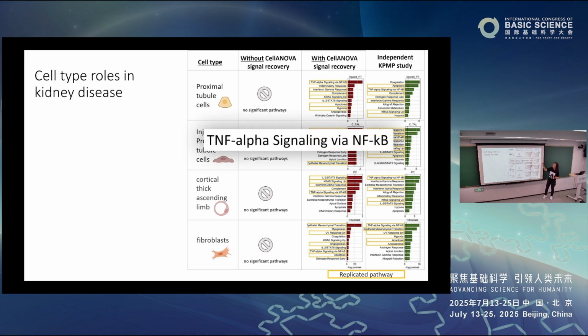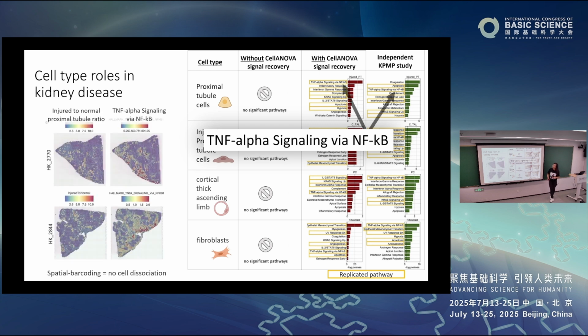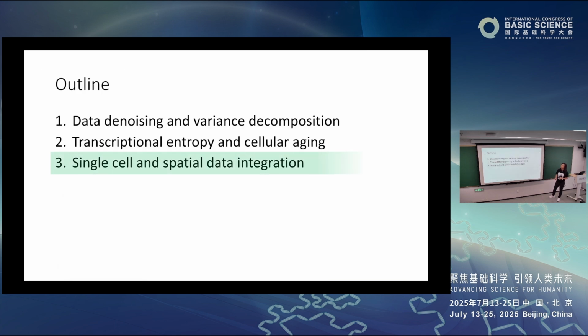Even more so, we took one of the top pathways, this TNF alpha signaling, and we validated on a different technology, a spatial technology, which does not require cell dissociation, because you just slice the tissue and you don't have to pull apart the cells. That is what introduces most of the batch effect. And we found that on the spatial technology, we are also able to identify this pathway as being altered in the disease.